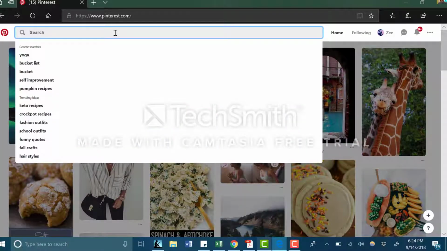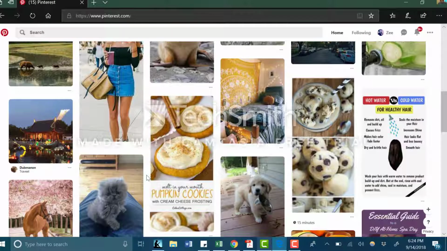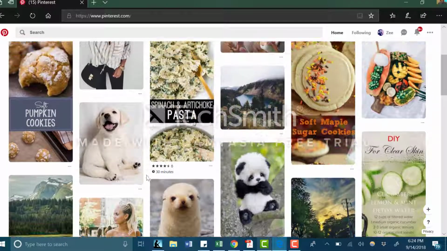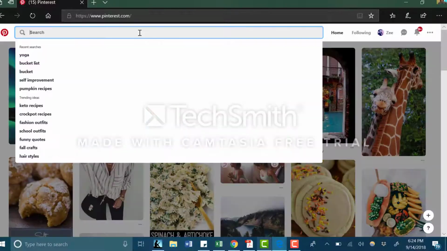So as you can see here, I've brought up the main Pinterest page. Since I've already created an account, Pinterest just automatically fills my homepage with pins that are related to things that I've searched for or pinned in the past. So as you can tell, it's run by an algorithm that bases what shows up on your homepage on your